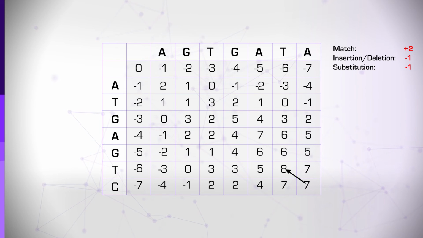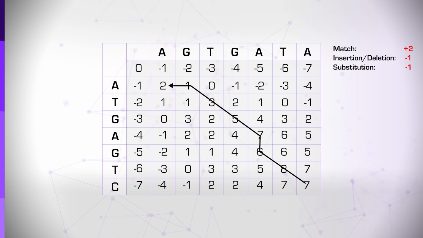We continue, and here we realize that it must have been the diagonal cell again. Next, the cell that is responsible for the fact that we have a value of 6 here must have been the cell on top, which has a value of 7. Note that we could not come from the diagonal since the intersecting nucleotides do not match, and thus coming from the diagonal would result in a value of 3. We will continue all the way until we reach the cell in the upper left corner. Note that if a cell could have been marked with the same value by two neighboring cells, we may choose either one.